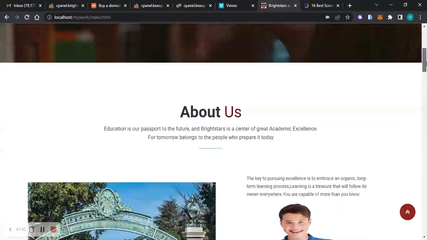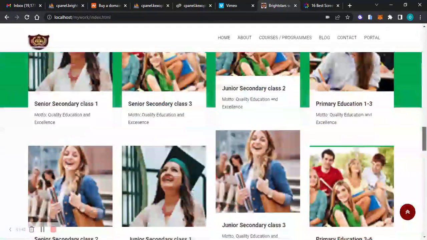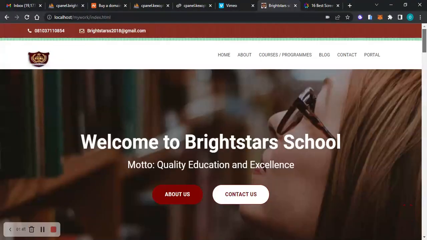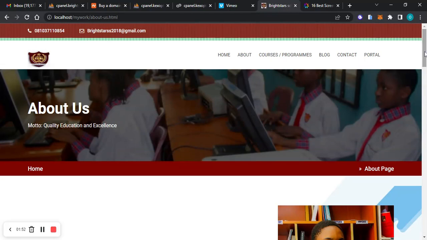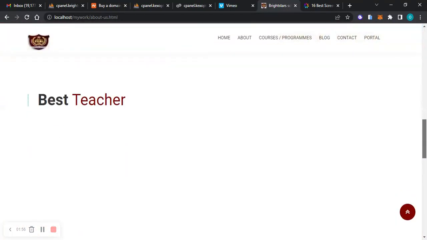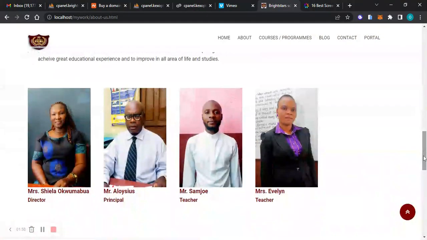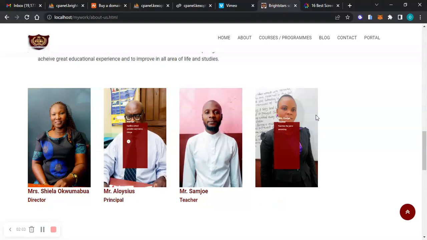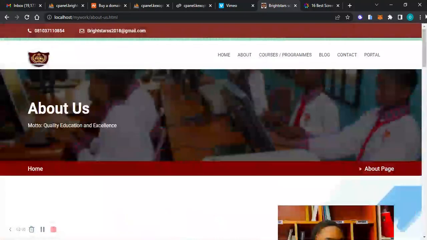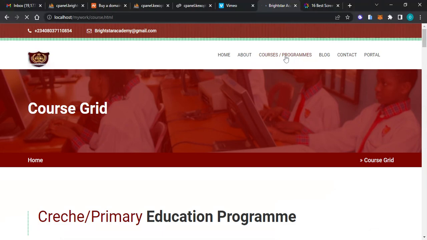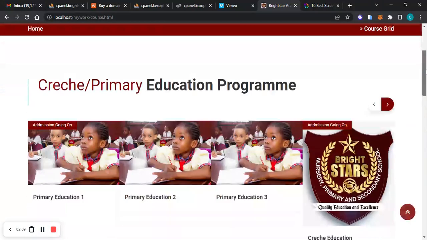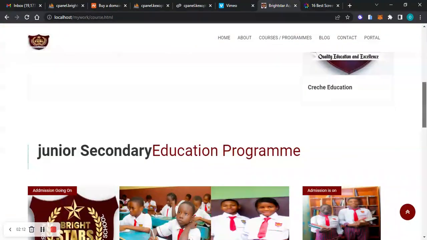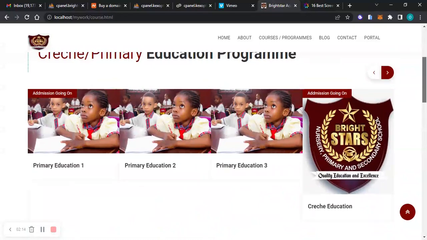They have the front page. You can see the courses rendered by the school. You can have an about page. On the about page, one can view teachers, and one can call any teacher from the website. It's embedded. We have the courses and programs, each program being rendered by the school, and the available admission going